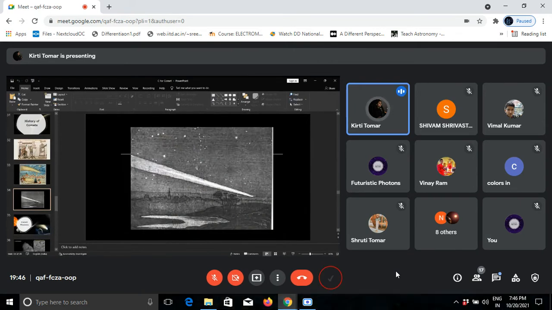Now, Aristotle, whose name you have heard before, was the first known scientist to utilize various theories and observational facts to build a consistent, structured cosmological theory of comets. He believed that comets were atmospheric phenomena because they could appear outside the zodiac and vary in brightness over the course of a few days.